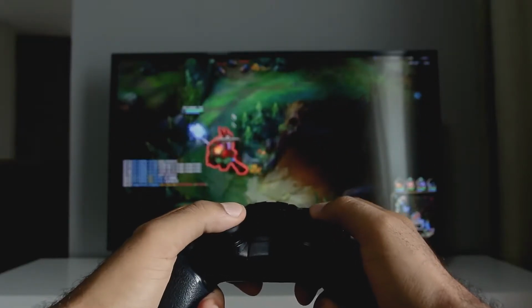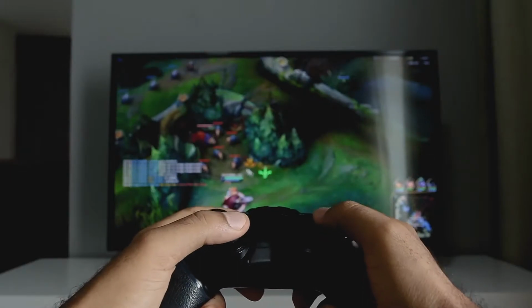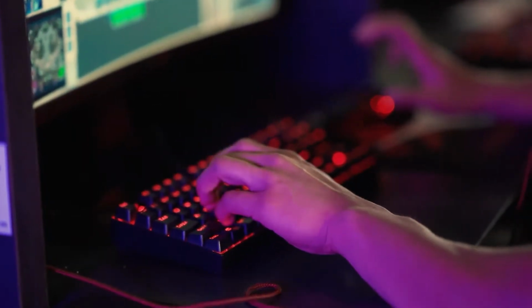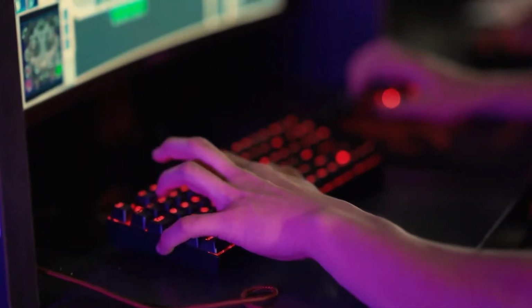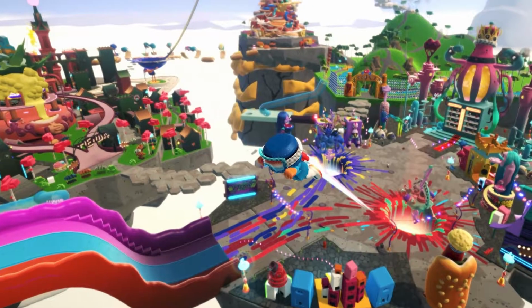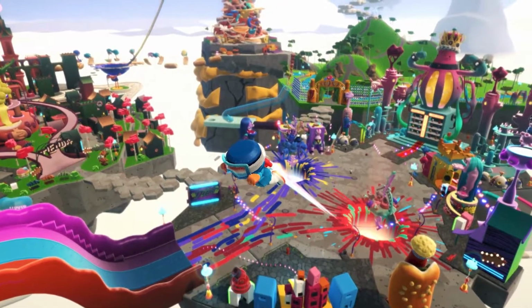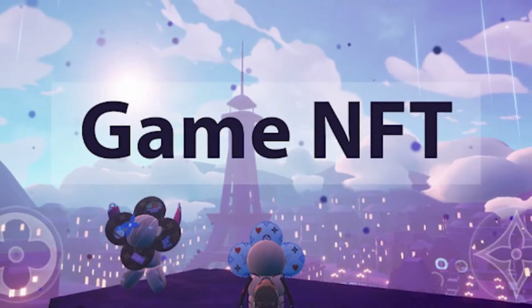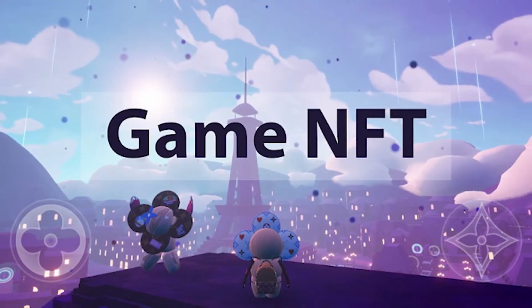Assemble gamers and game developers. This one is definitely for you. Video games built on NFT technology could very well be the future of NFT technology. So far, none of the games that use non-fungible tokens have been widely popular, but the potential for using NFTs in video games appears to be vast.